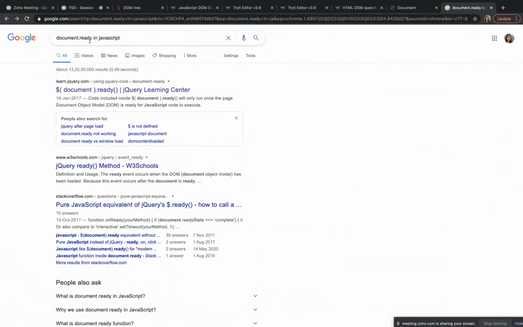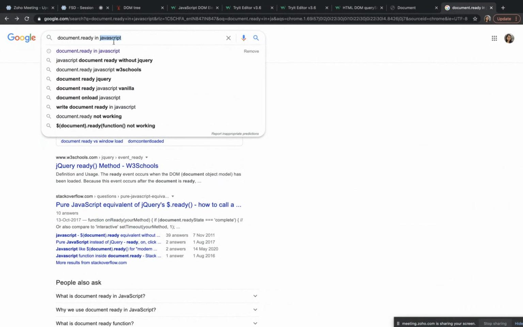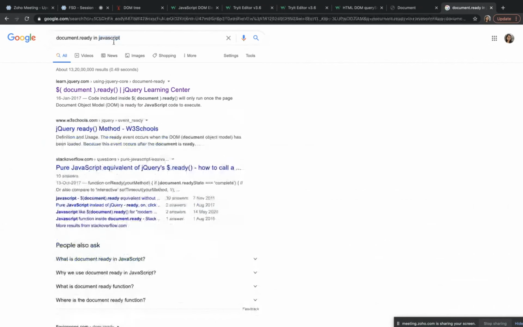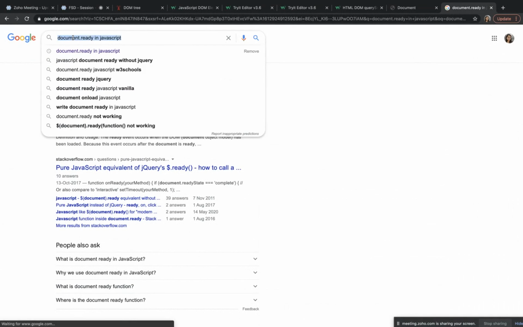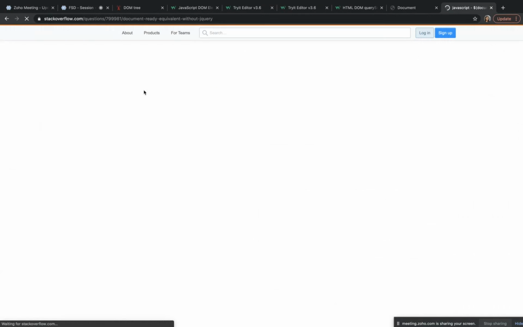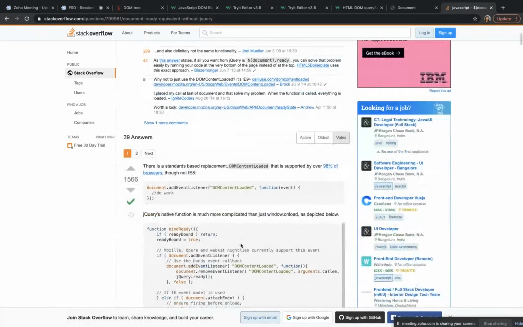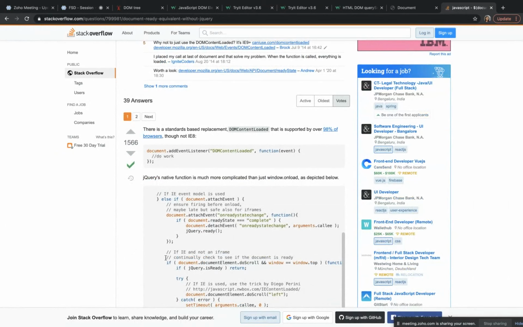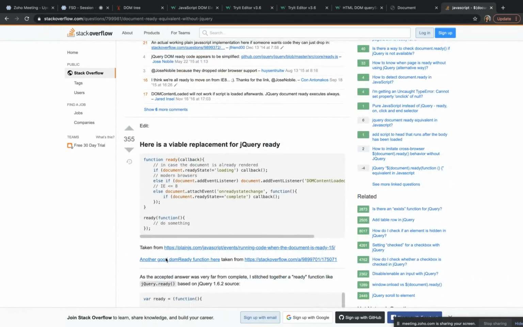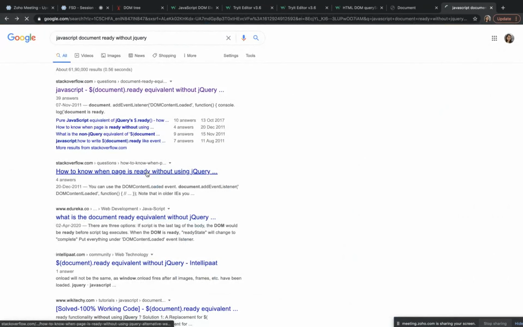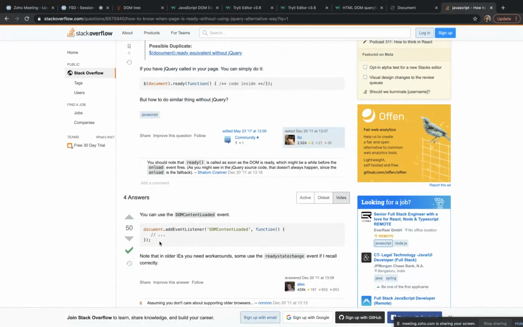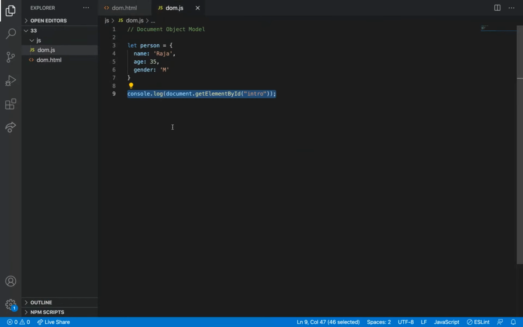Wait. Actually, once again, let me. Document.ready is not in JavaScript. I have not used it.